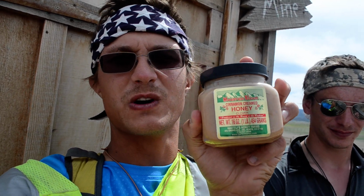There's a little store in Del Norte known as Halfleys Honey, and the owners, who we didn't get to meet, make their own honey. They have locally raised bees up here in high altitude, and they make a lot of really, really delicious honeys and stuff. But the two folks who were there today working the store, Lindsay and Bo, saw